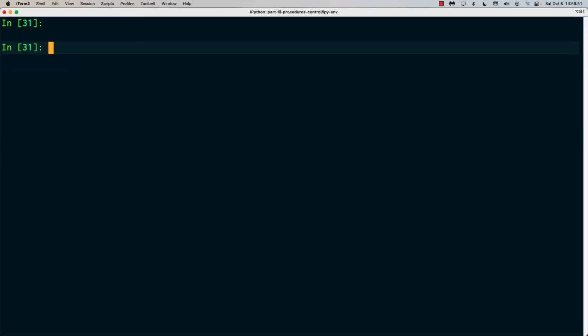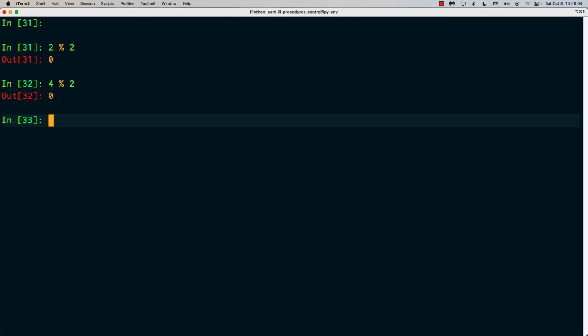So let's go back into here. And remember we used, 2 modulo 2 is equal to 0, right? If something is a multiple of 2, whatever that number is for modulo 2 will be 0. So 6 modulo 2 is 0. In other words, there's no remainder. It's a whole number division. So that is to say, the quotient returns to you a whole number. Okay. So how do you determine if it